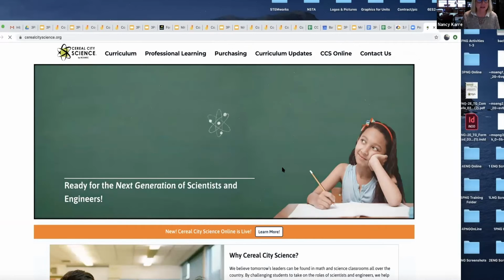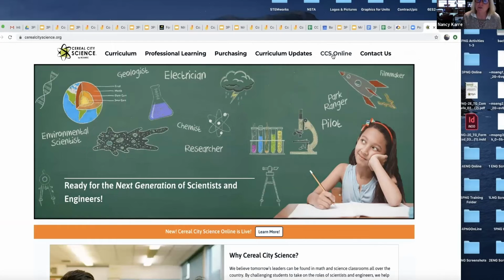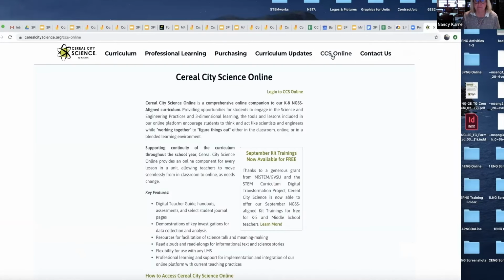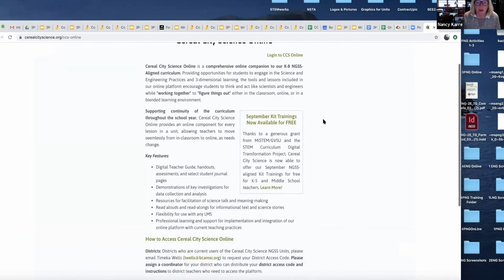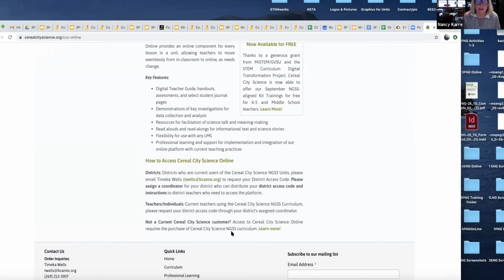serialcity.org, and this is what our front page looks like. And then you go to Serial City Online, and you'll be given some instructions here. So in order to log in, you need a login code. And if you look down here, how to access, it'll tell you that your coordinator from your district is